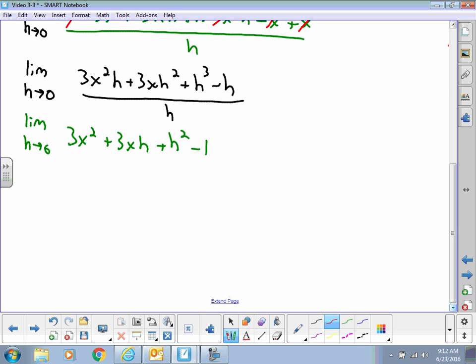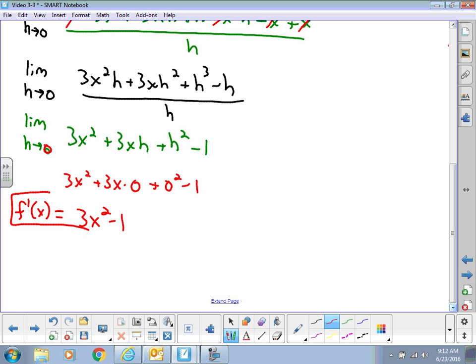We are ready to do our direct substitution. If we sub in 0 for all of our h's, we will end up with 3x squared minus 1, and that is what f prime of x equals, our function